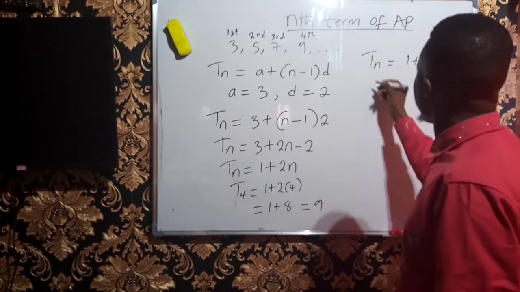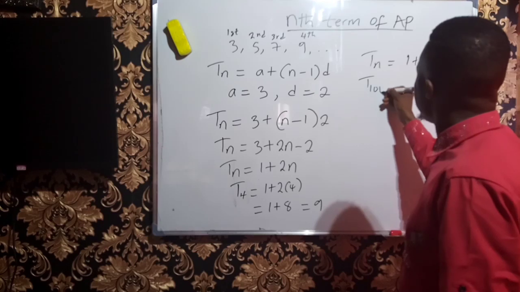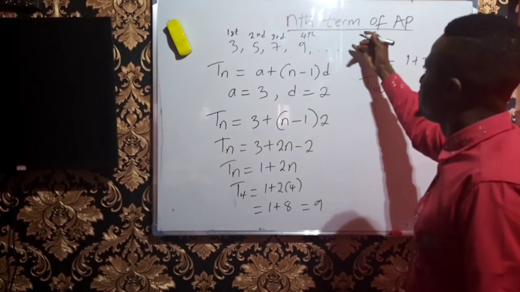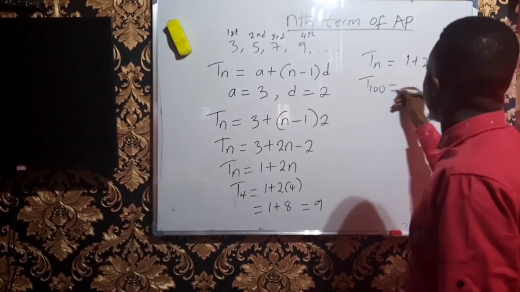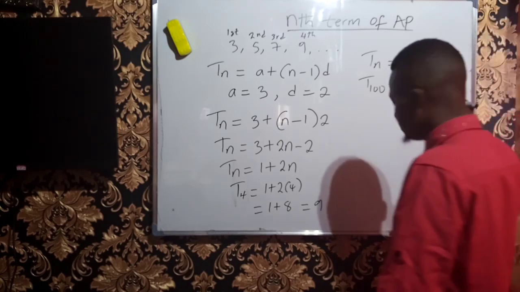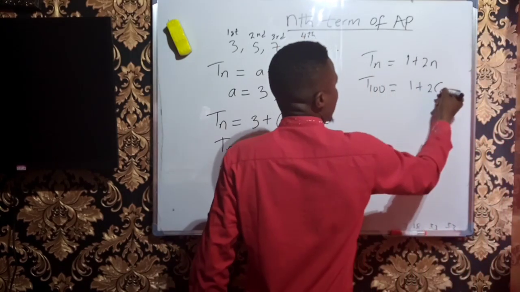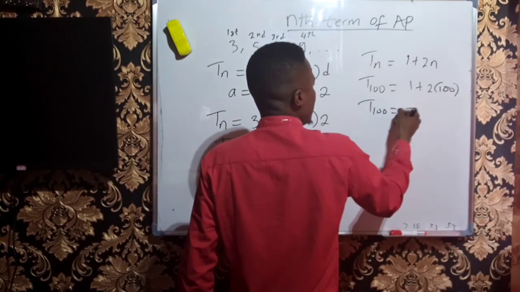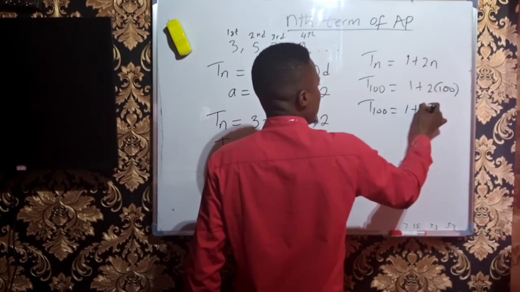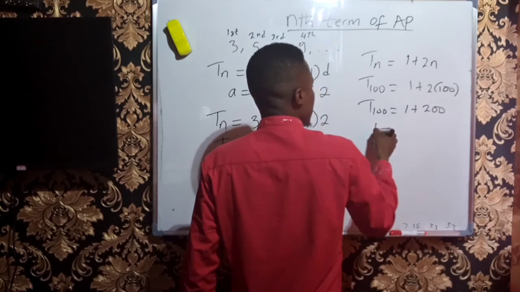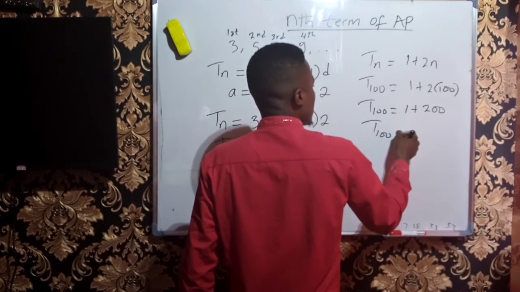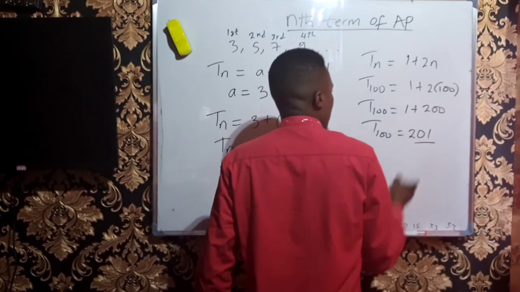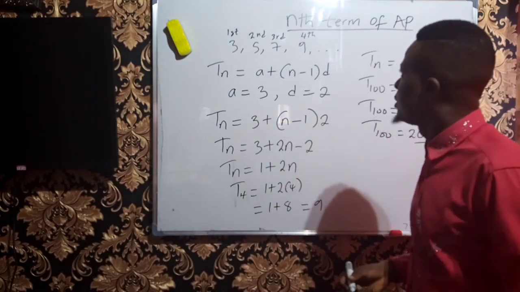Okay, so if I now want to get the 100th term, instead of wasting my time adding 2 till 100, I'll just plug in 100 wherever I'm seeing my n. So T100 will give me 1 plus 2 times 100 is 200, and 1 plus 200 is 201. So the 100th term of this sequence is